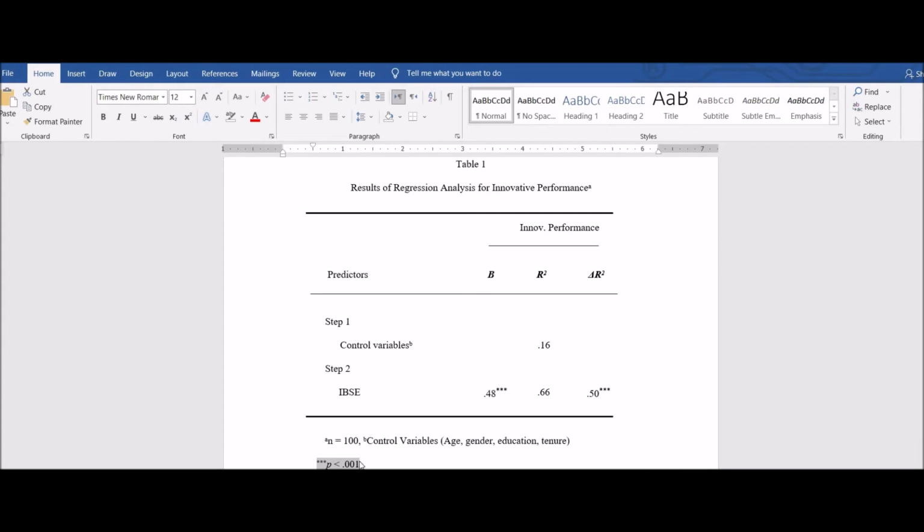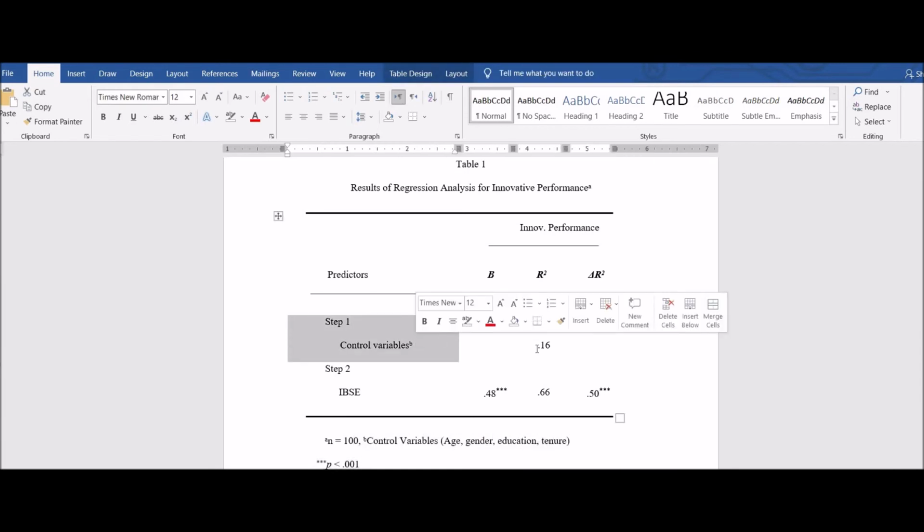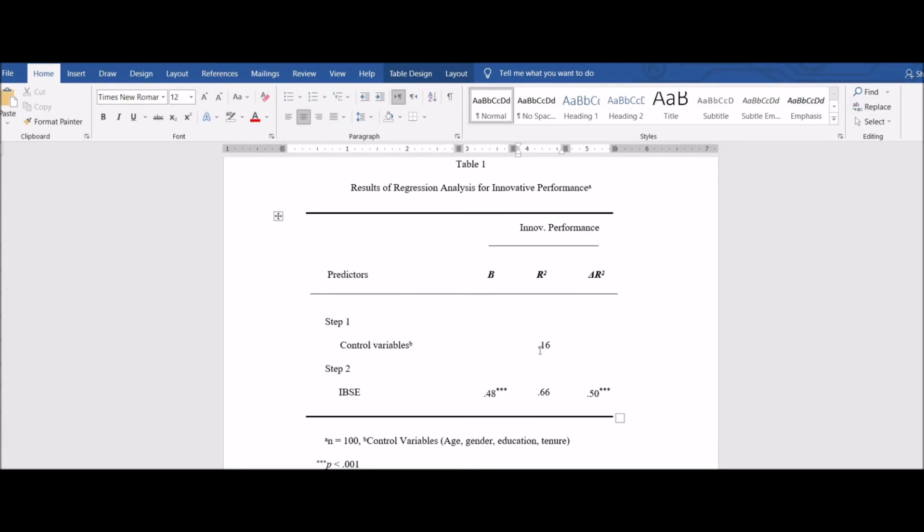So this is how you will report your control variables in hierarchical regression analysis. You can see in step 1 you will enter control variables and R square for control variables. In step 2 you will enter your independent variables and beta, R square, and change in R square for your model 2 or step 2.